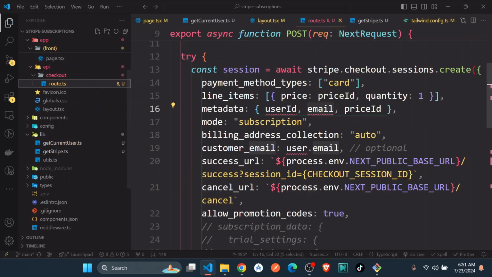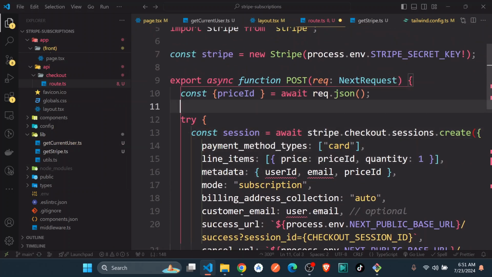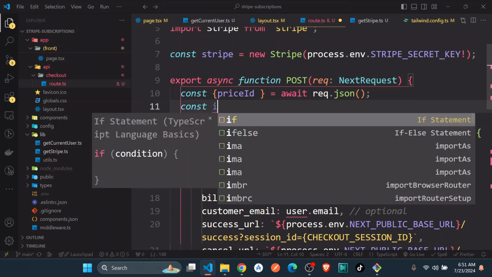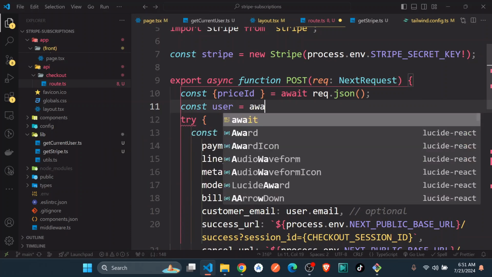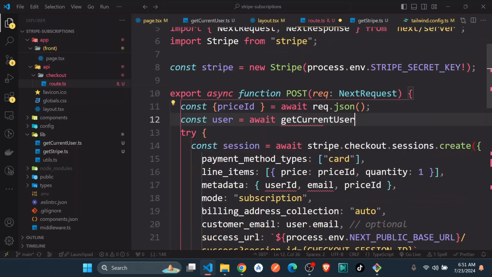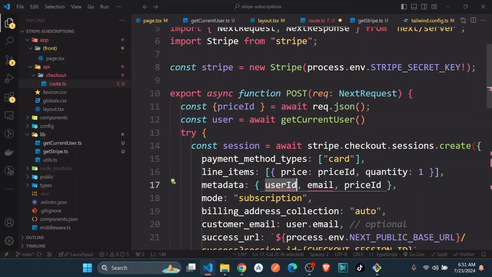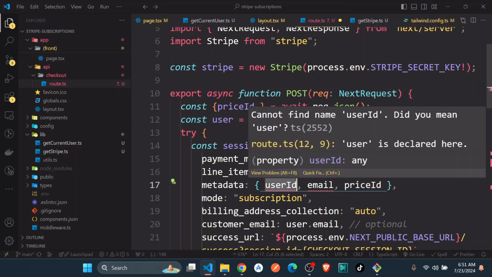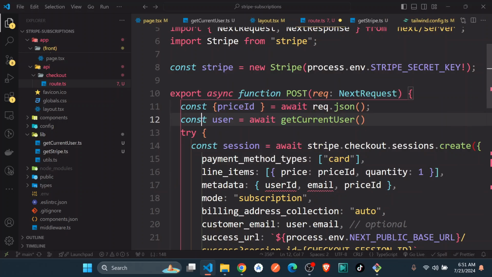For instance, in the route, we can just come here on top and say const user is equal to await get current user, just like this. Now this one is going to give us, for instance, the user ID. So in the metadata here, you could pass in this ID, which is going to be user dot